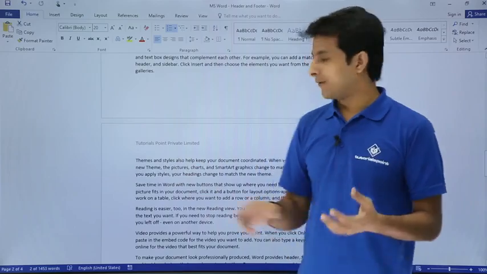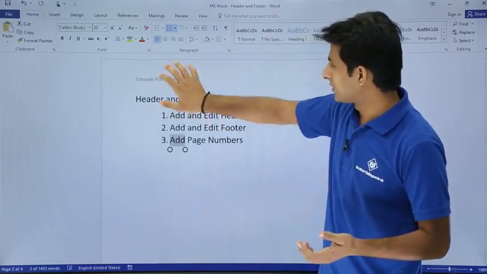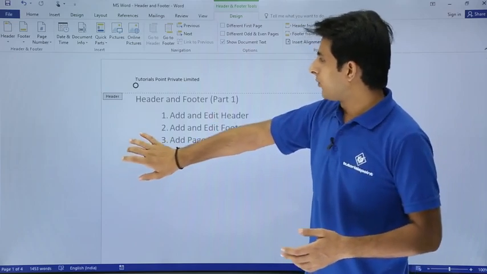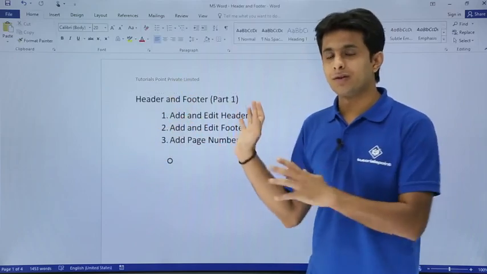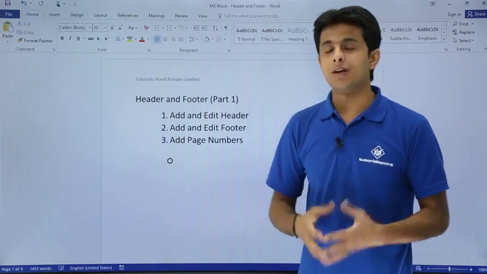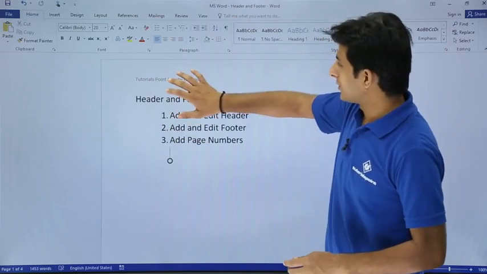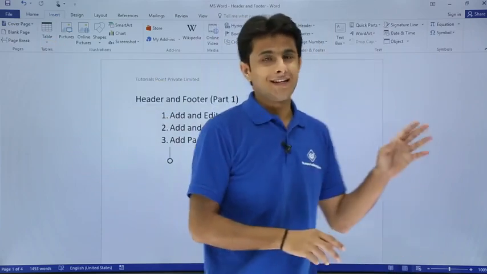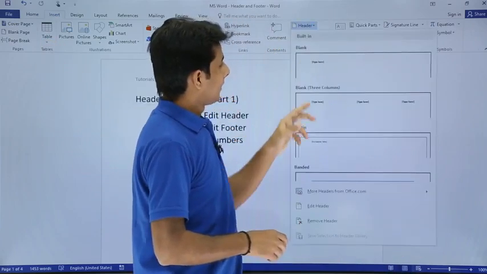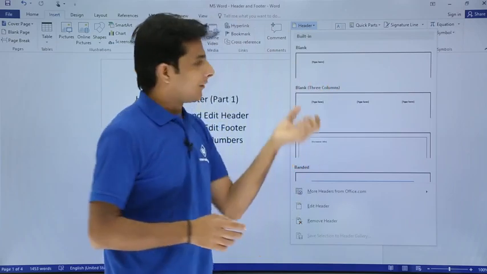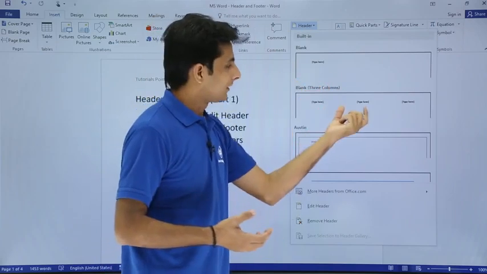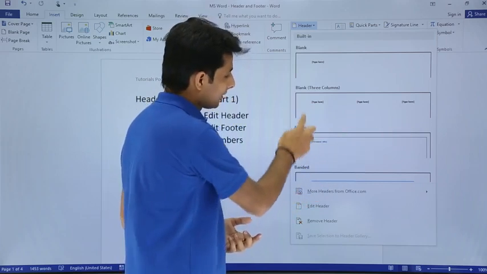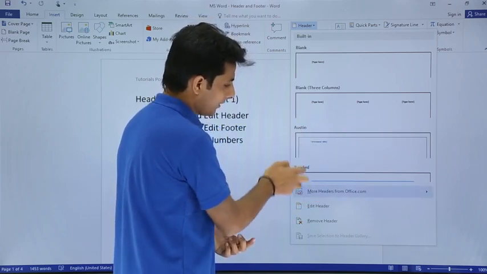But in case if you want to edit something, same place, just double click on it, you can delete or copy paste anything here. But now if you want to change the position of this header, which is on the extreme left, how do you change it? Simple method. You can go to this insert tab, and on the right hand side, there's an option as header, and these are the positions of the header. If you see extreme left, center, and right, three different texts you can write in all the places, and you see these are the names of the header: Austin, Banded, and so on.